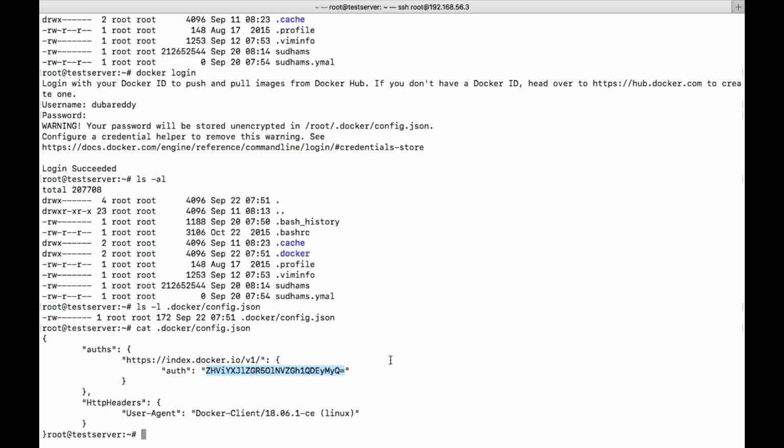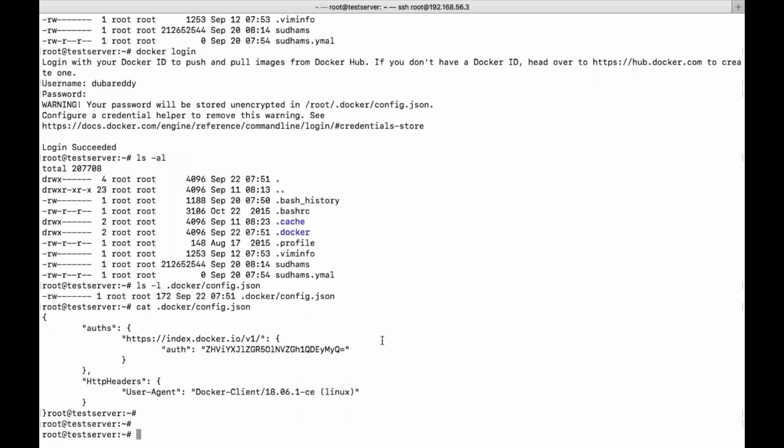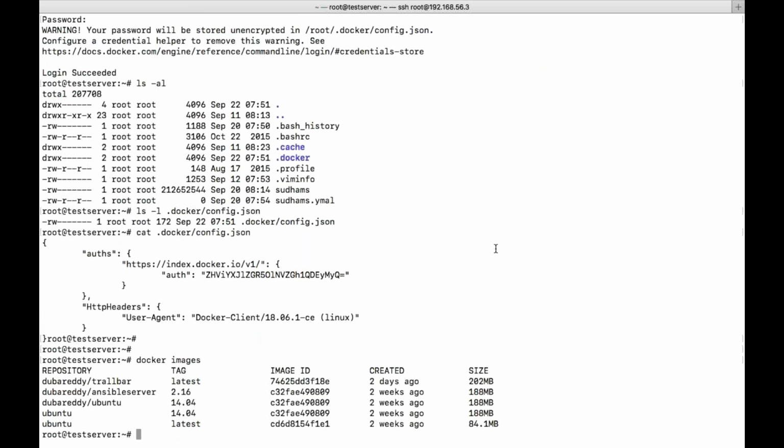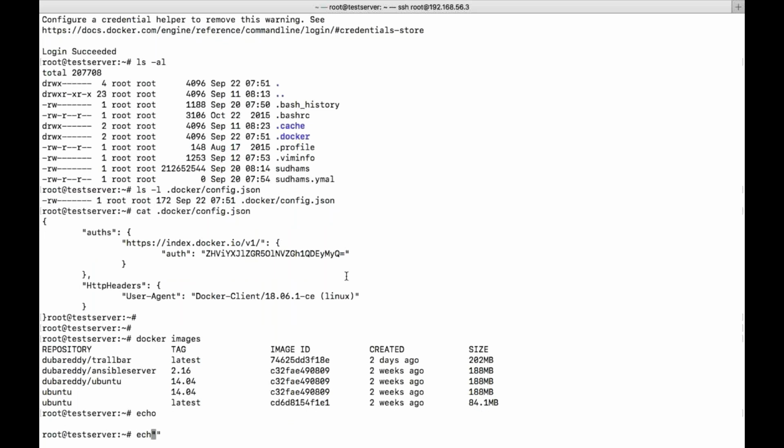Okay, let's try to push the image which I have right now to my Docker Hub registry. So, docker push. Someone asks: can credentials be decrypted using any tools, and is it a security violation? I think there is a tool called, let me use this one. I think this is the tool which we use. Actually, I don't know whether it works or not. Let's see.